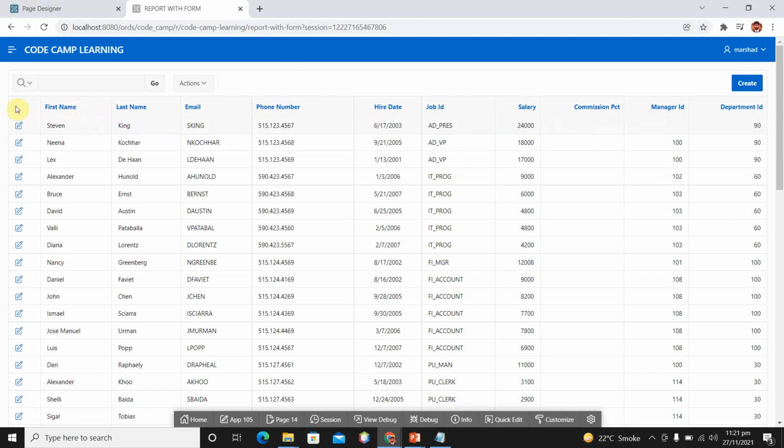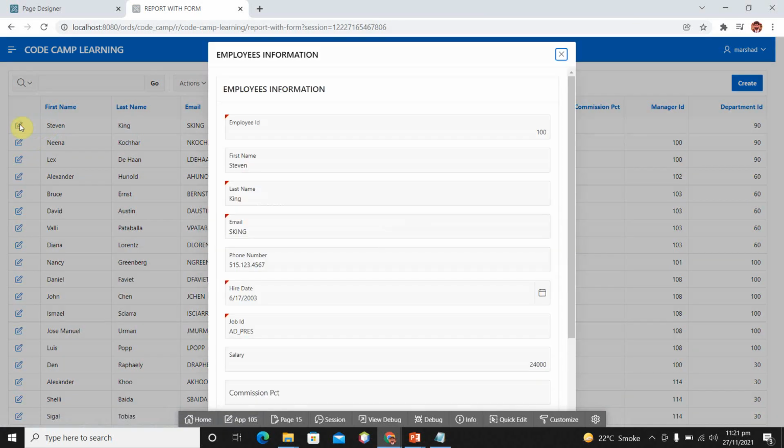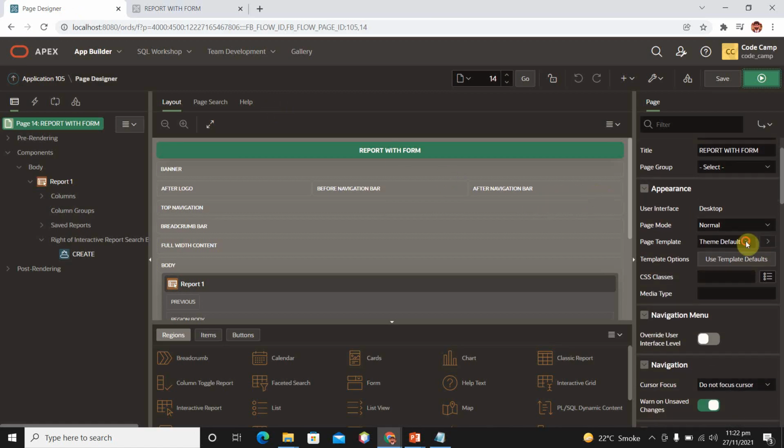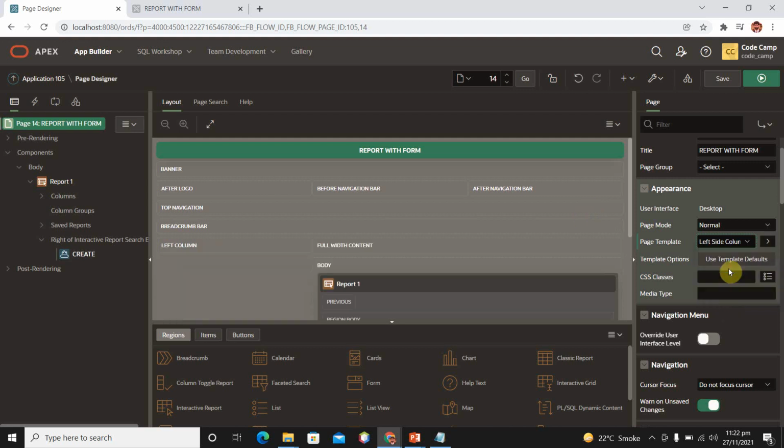When I click on edit, now you can see instead of redirecting to another page, it is showing a modal dialog. You can change the display of the modal dialog by changing its template, for example left and right side columns.